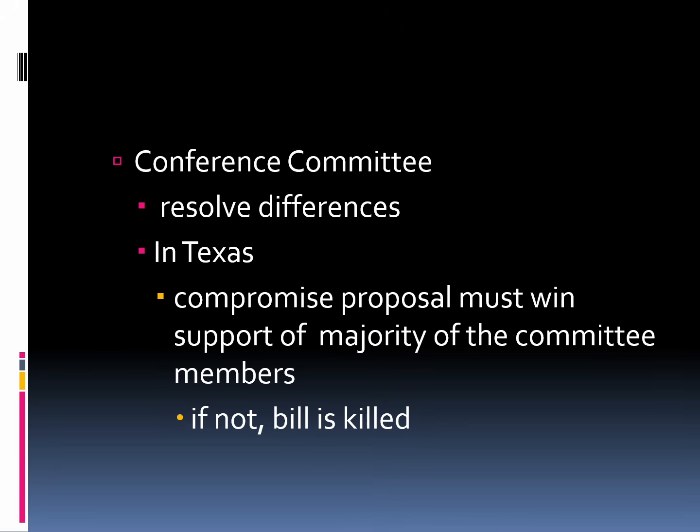If there's no majority saying yes, this is a bill that's going to be coming out of this committee, this joint resolution, if they can't come to that compromise, it's going to be killed. That's another way that a bill can be killed. If there is a compromise, and they're able to come up with some kind of a joint bill, then it's going to be advanced back to the floor. It's going to go back to all of the legislators again.